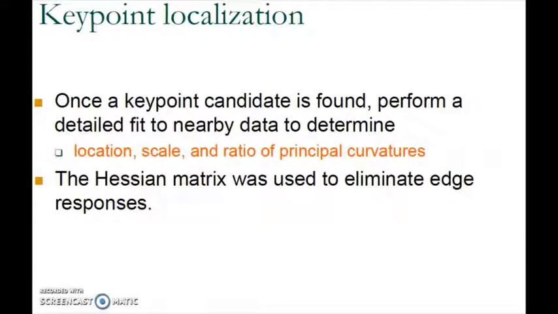Now, with regards to key point localization, mainly there were two steps. Once the key point candidate has been found after finding the scale space extrema, we have actually found the location and the scale of the interest points. Now the next step is to find the Hessian matrix, and the main aim is to eliminate the edge responses which are there in the images. So moving on from here,